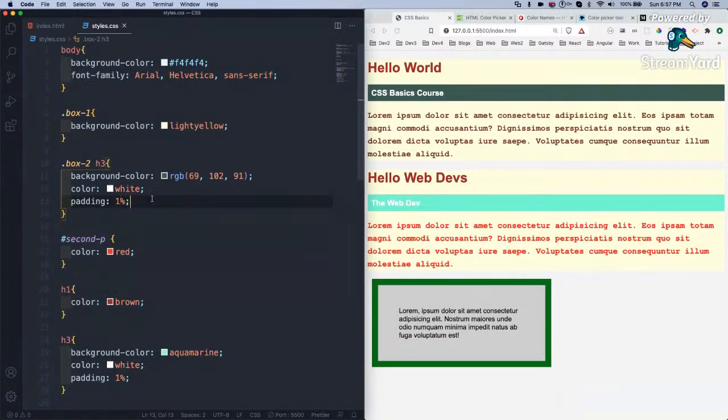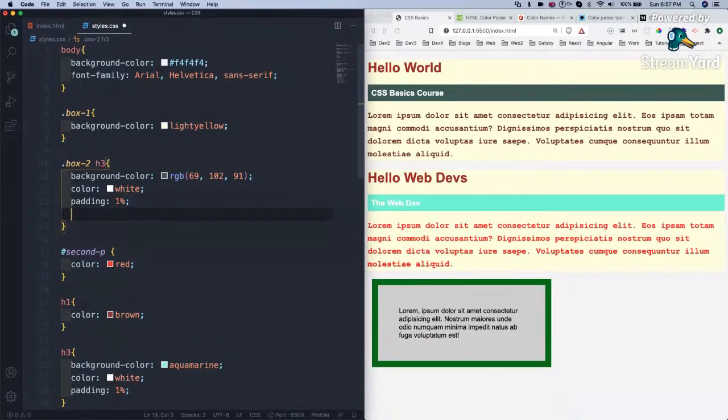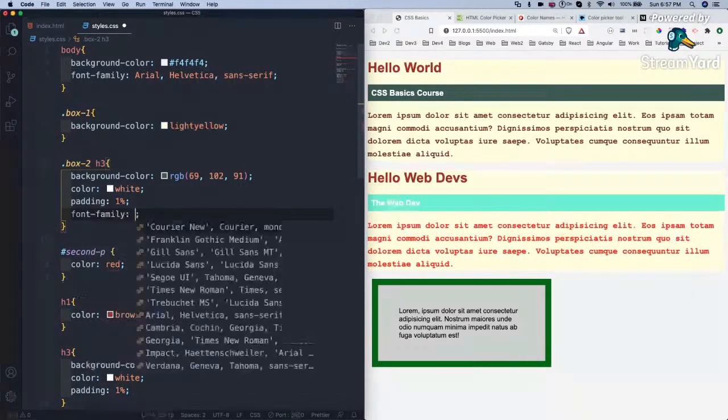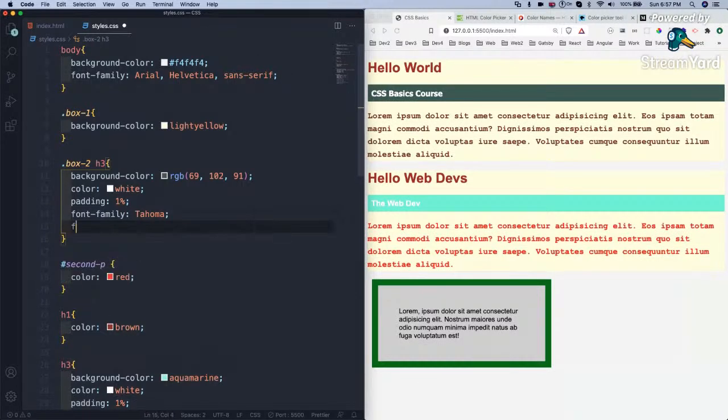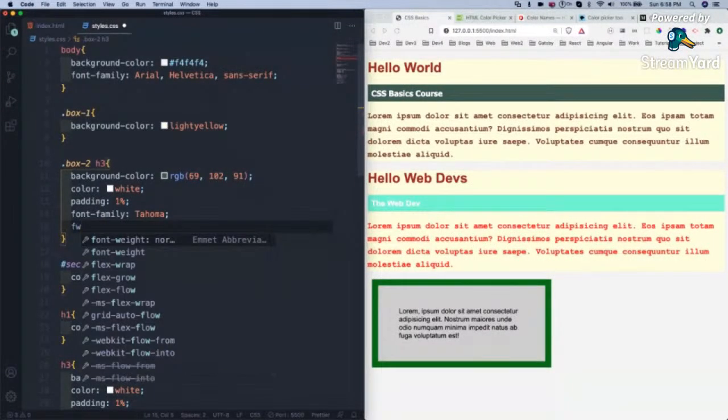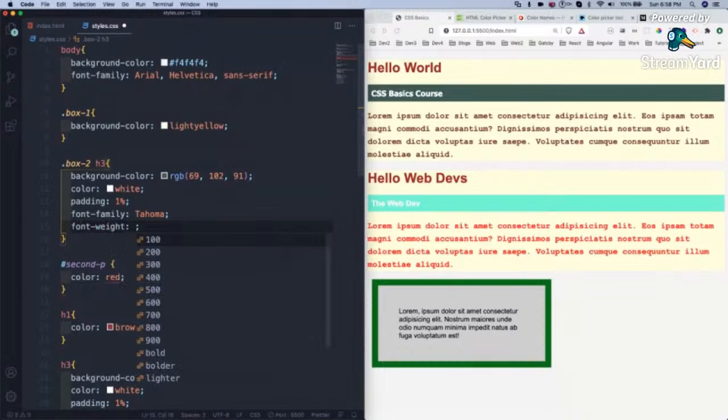Okay, so we will see some more font properties like font family. I think we have already seen. So let me make it Tahoma. And font weight, we can give it bold also, we can give numbers also. See, when I gave font weight, let me show again font weight. So it is telling me what are possible.